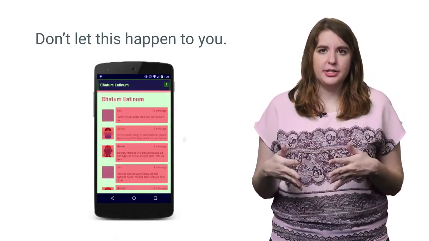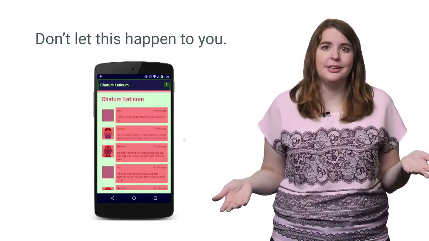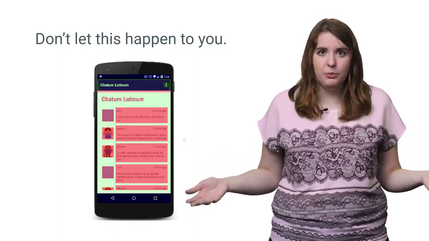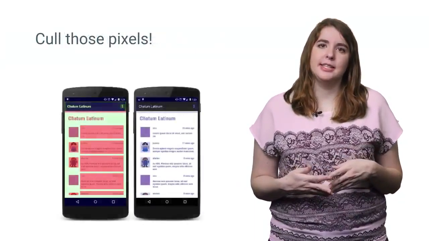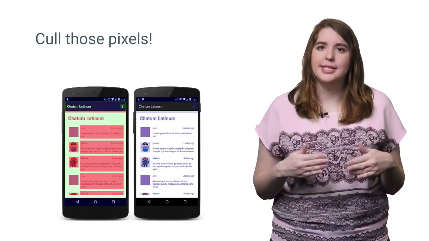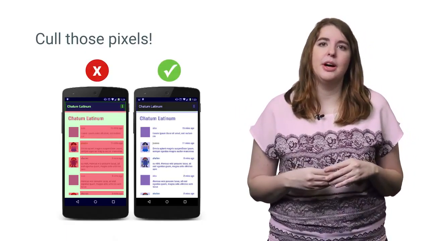Overdraw is where pixels are drawn to the screen by your application only to be drawn over by some other pixel or view at a later time. Basically, all that work you did to color in the pixel the first time is completely wasted work. A technique to fix this is called culling, which essentially means removing the code or situation where you are wasting processing time. Not only will culling take you from this to this, but it will also help you get from